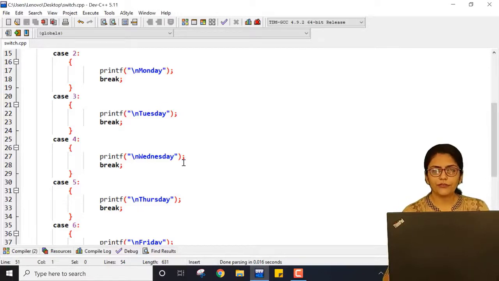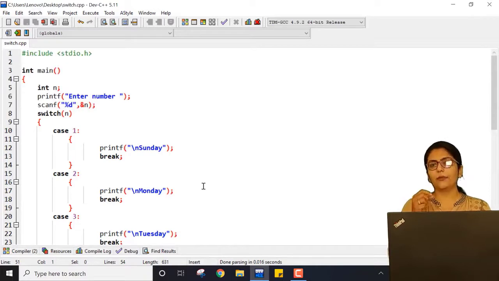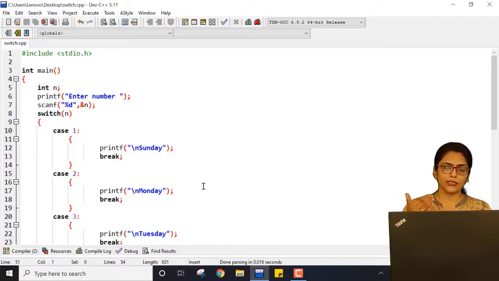So this is the same as the choice filling, right? If the first case matches, it will break at that moment and come out of the switch case. It will not execute the other cases. Same if the first is not your choice but the second is: it will check the first, the first is not your choice, so it will not go inside the brackets, right? And it will check the second. If the second is the choice, it will perform its operation and break. So at the moment only one is printed.